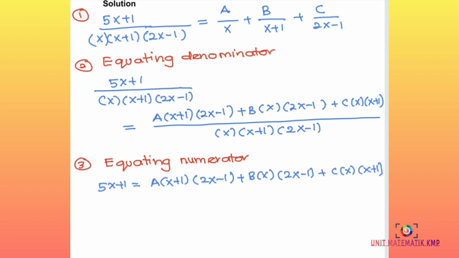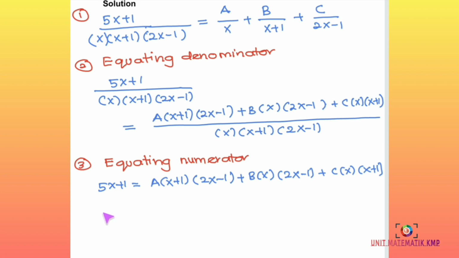We proceed with the procedure of substituting values to find the values of a, b and c. Let's say firstly we substitute, what number? To make a zero, we can substitute x with negative 1, right? Because negative 1 plus 1 is 0. And if x is negative 1, c is also 0. Then we can find the value of b.